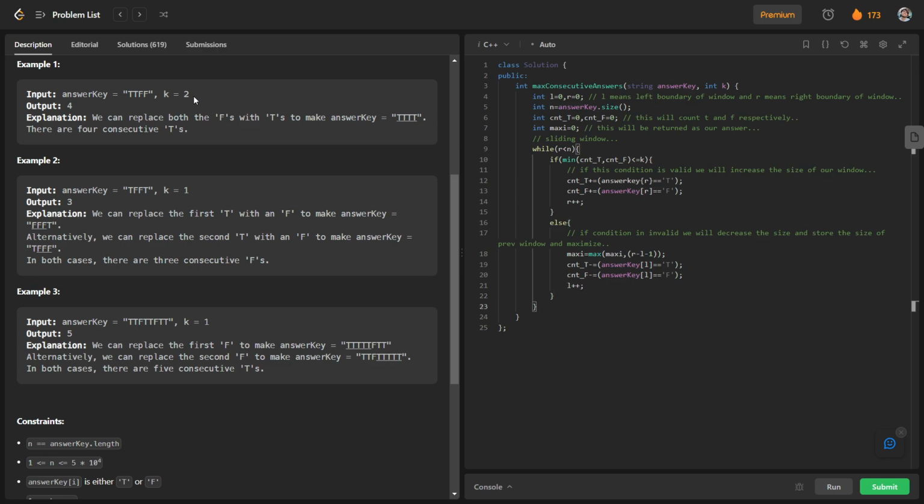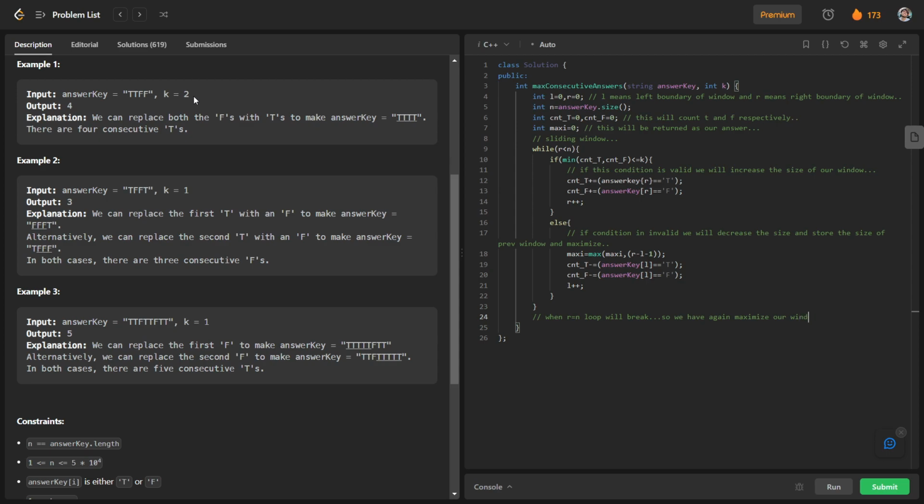Okay, so you can see that we have run this sliding window here, and when we reach the value of n, the loop will break. So I am going to write here, when r is equal to n, the loop will break. And when the loop breaks, we have to again check our answer, so we have to again maximize our window.